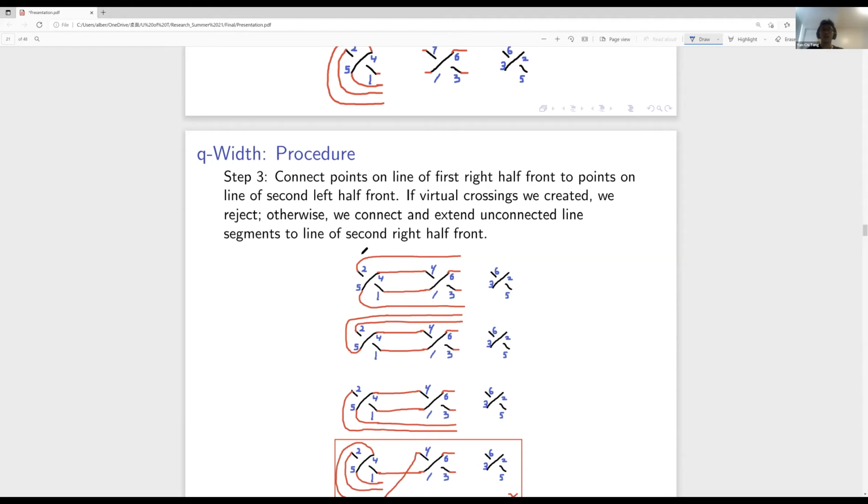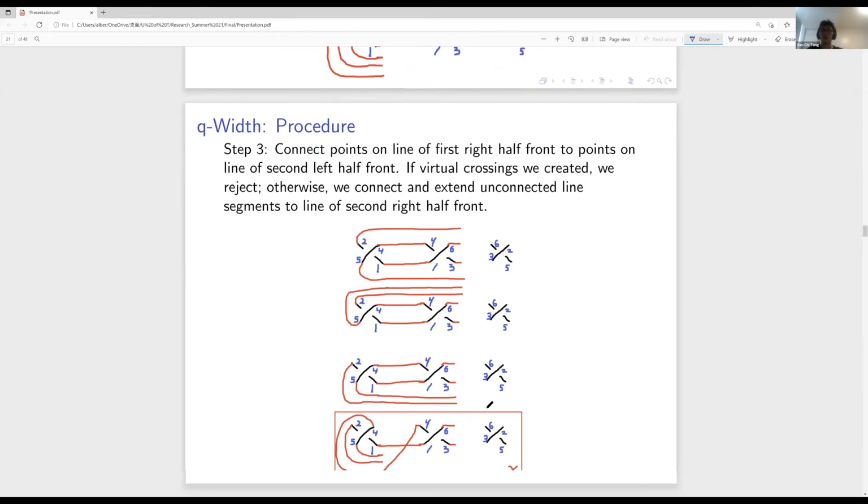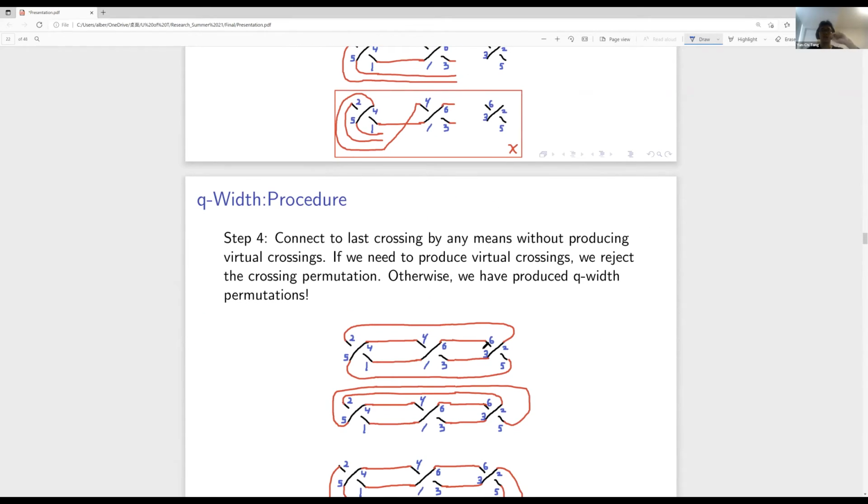I am just going to extend everything to the second right half front. Theoretically, if we have more crossings, then we can repeat this connect the dots, extend and reject process over and over again. But in this case, I obviously can't do that because we have arrived at the last crossing. At the last crossing, we're going to just connect it by any means possible, because at this point, we don't have to take care of the